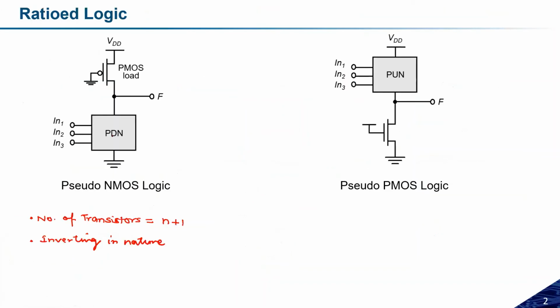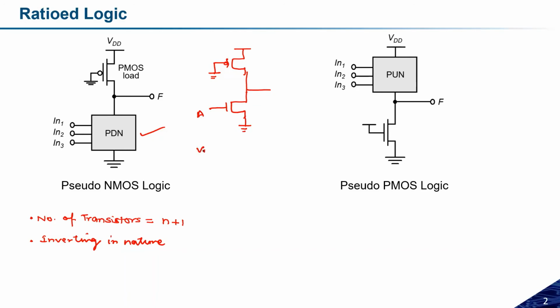Here. Suppose I have this pseudo NMOS logic, right? Suppose I just want to implement the inverter circuit. So in the inverter circuit, how will it look? It will be something like this. There will be the PMOS transistor, and then I will have one NMOS transistor where I have provided the input A, let us assume, and here I have the ground. Okay.